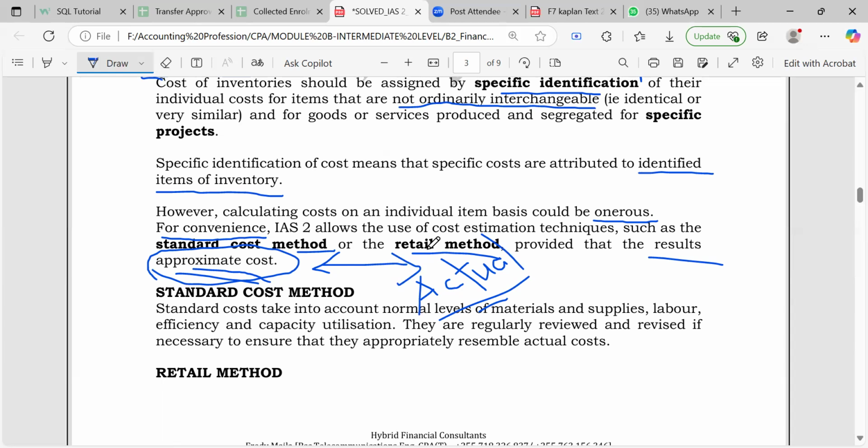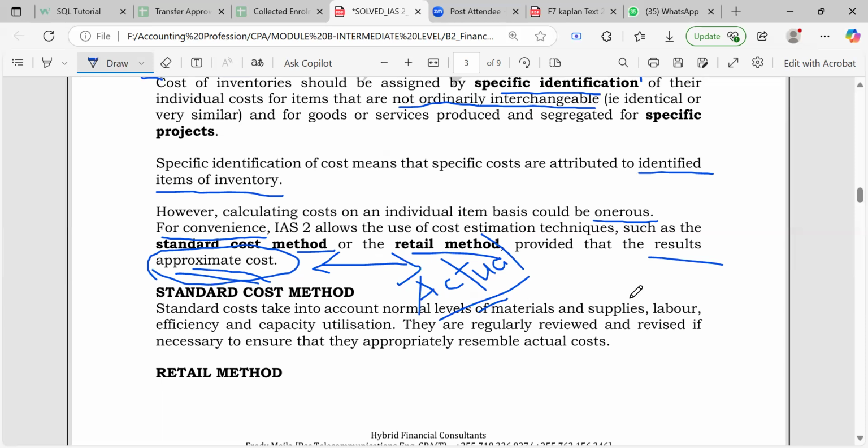Of course, we use them because they are reliable. If they are not reliable, we would have had to count the flow. Eh? We would have to deal with the actual cost of the flow. Okay. So about the standard cost method, he said that it takes into account the normal levels of materials and